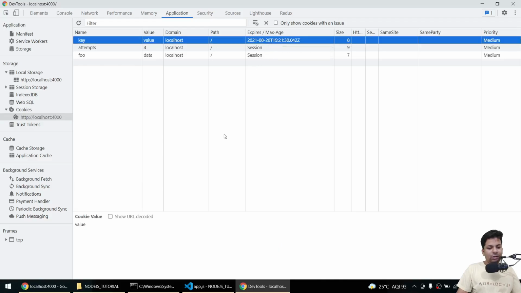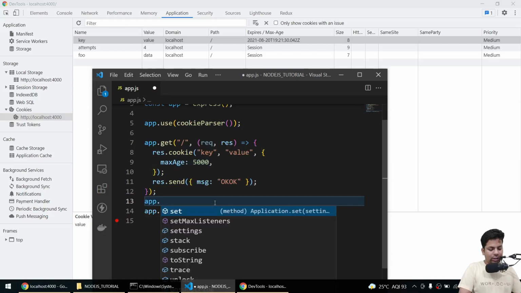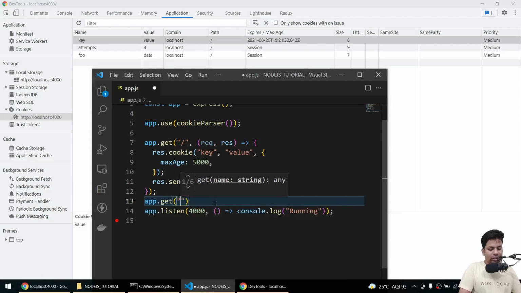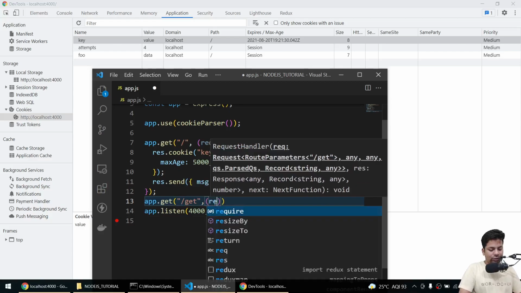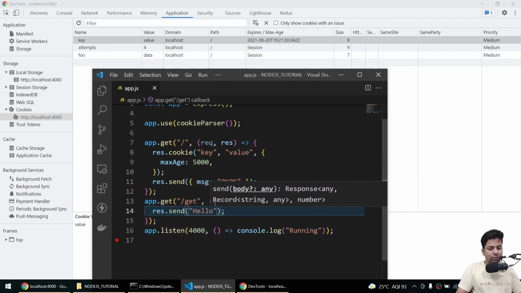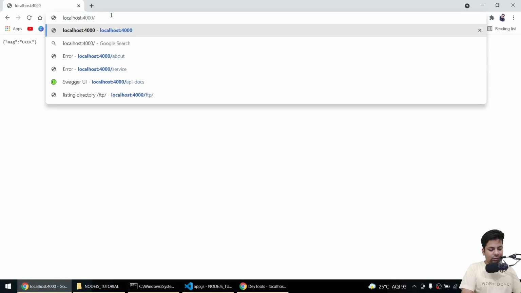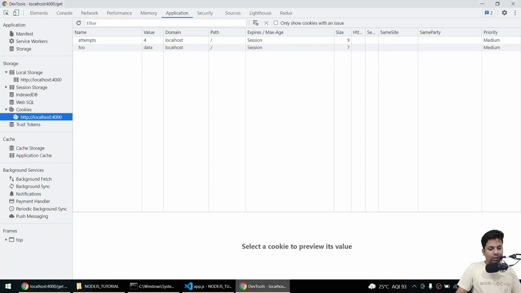Size this cookie value, show URL encoded. Now suppose let me make another route like app.get, I'll say slash get, and here I'll say request, response, res.send hello, save. Now if I go to slash get, maybe in dev tools, you can see that